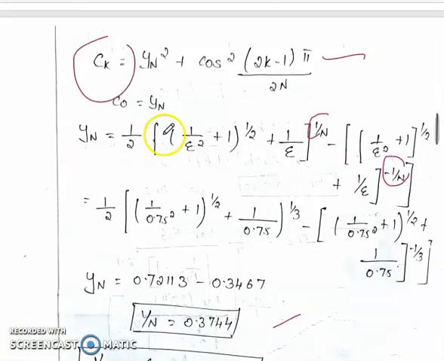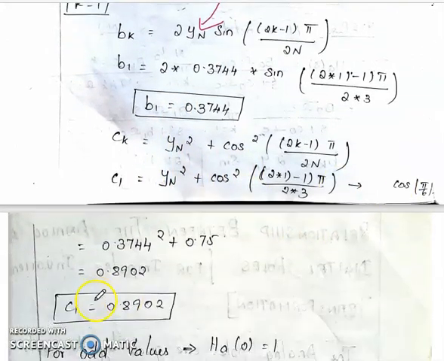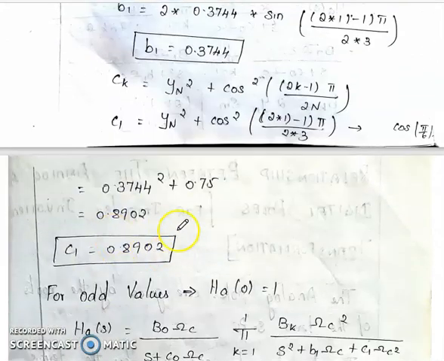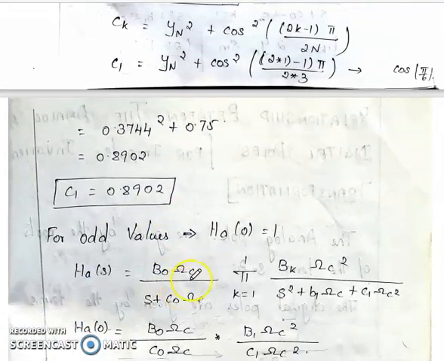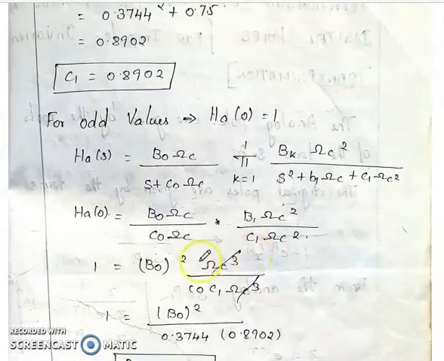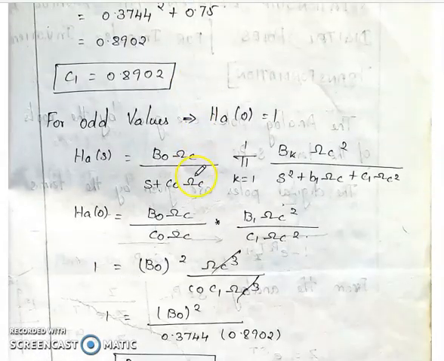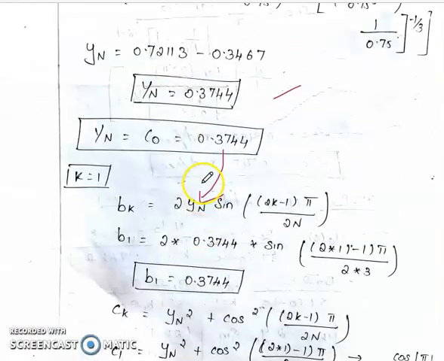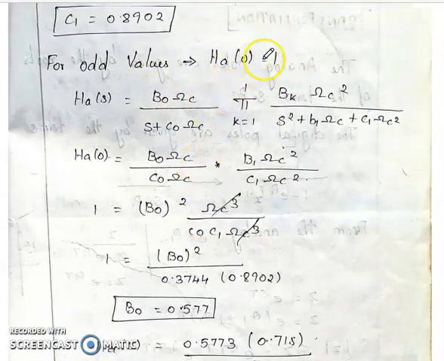Like that, we consider the formula for ck and substitute the yn value and get the solution for c1 also. So from the solution, we substitute the above values and we get the solutions. We substitute our b1, c1 solution and get the value for this particular function. And we know that for the odd function, hi of naught is equal to 1. So we consider this as 1.